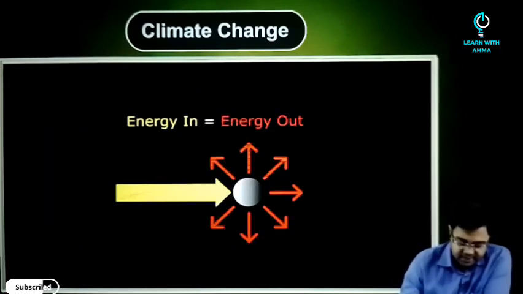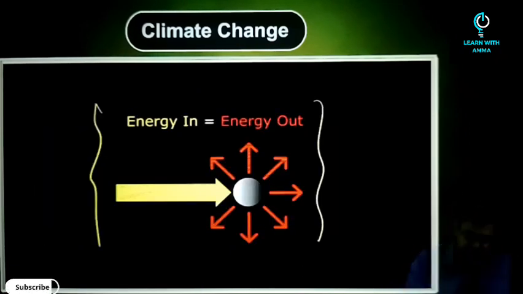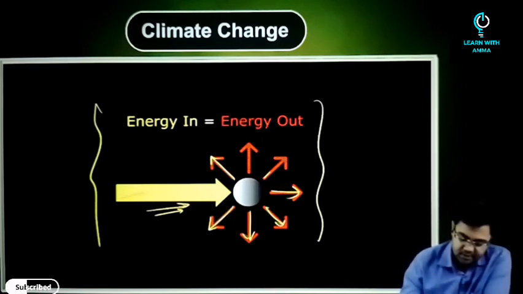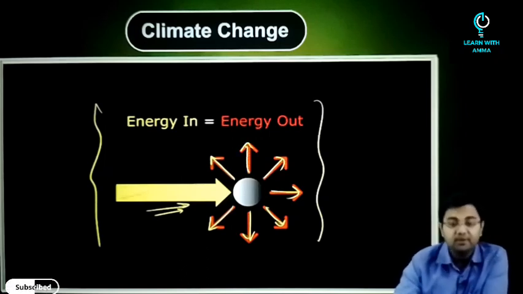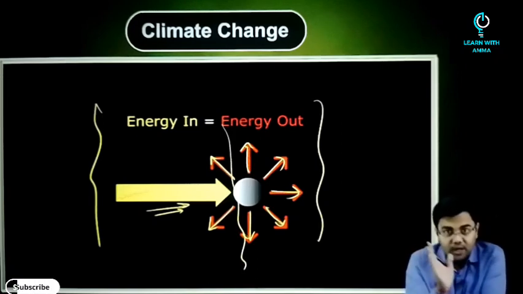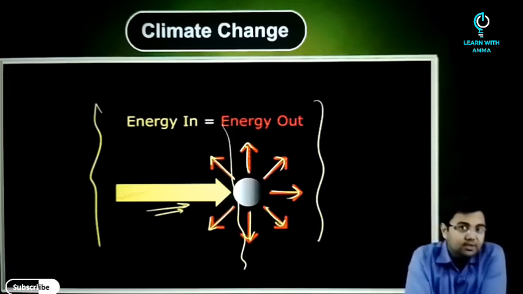So if you look at this diagram, this is what we were trying to depict, that you have incoming solar radiation to the earth. Now after this, the reflection that happens, it happens in all the directions, right? Reflection will happen in all the directions. So that's why, since it is happening in all the directions, some of the heat will get trapped and it will not go out of the atmosphere into the space.